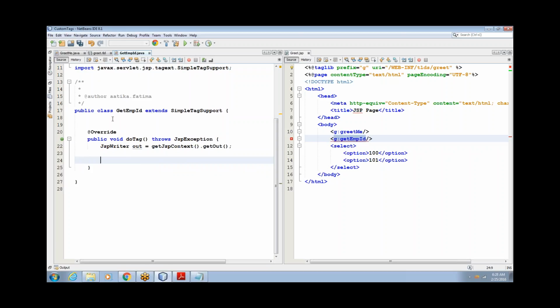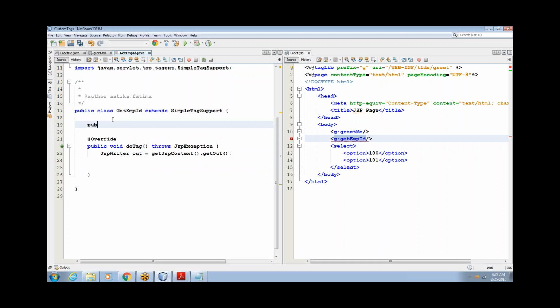So in order to get connected to the database, let us write the code. Public, that is, you will get a list of employees, a list of integers, you can say, list of integer empIds